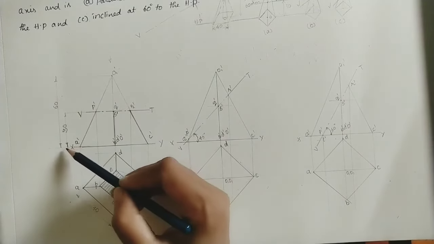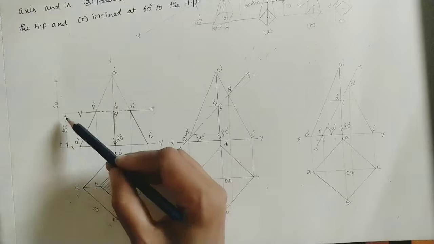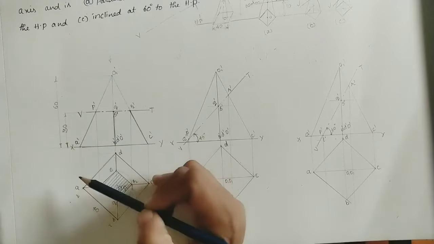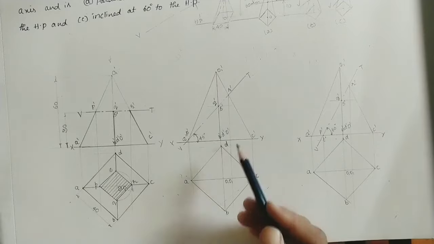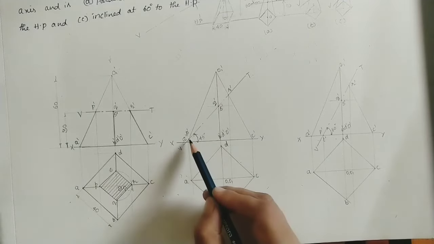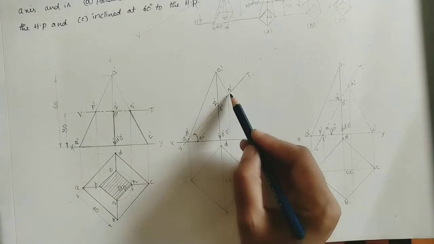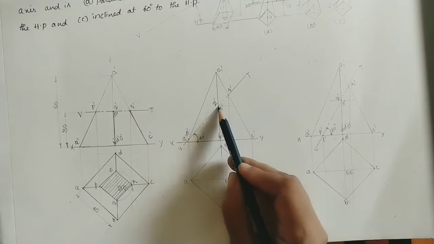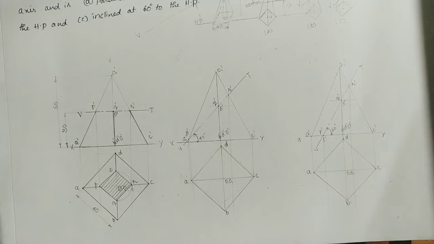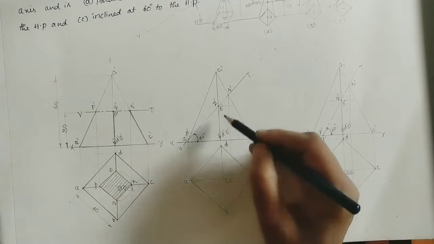Okay, here mark the given dimensions. Axis length is 60 mm, this cutting plane position is 30 mm, and the side of the square is 40 mm. Let us take the next problem. Here, as I told, these are the intersection points. At these points we did the projector lines. Mark these points in the top view also. So here we already did the projector lines.